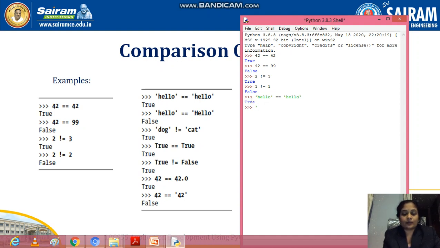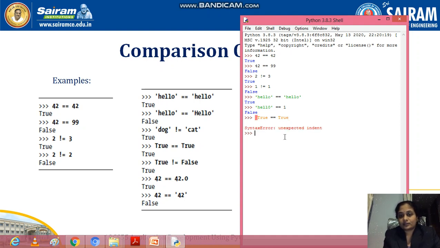But if I use 'hello' equal to 1, it shows False. True is a keyword, not a string, and I should use capital T. True is equal to true, enter.